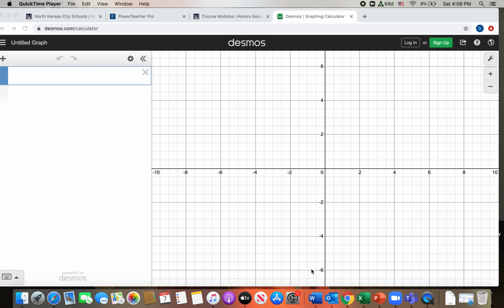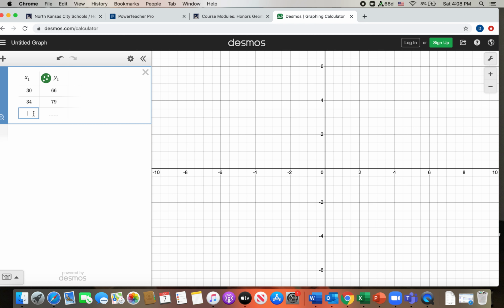To do a least squares line on Desmos, first you need X's and Y's to work with. So let's get a table and put in 30 and 66, 34 and 79, 27 and 70, and